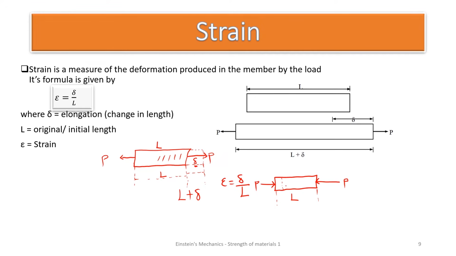The bar is going to reduce to this place, and the final length will now be this. So there has been a decrease in the length of this whole bar, giving us a negative